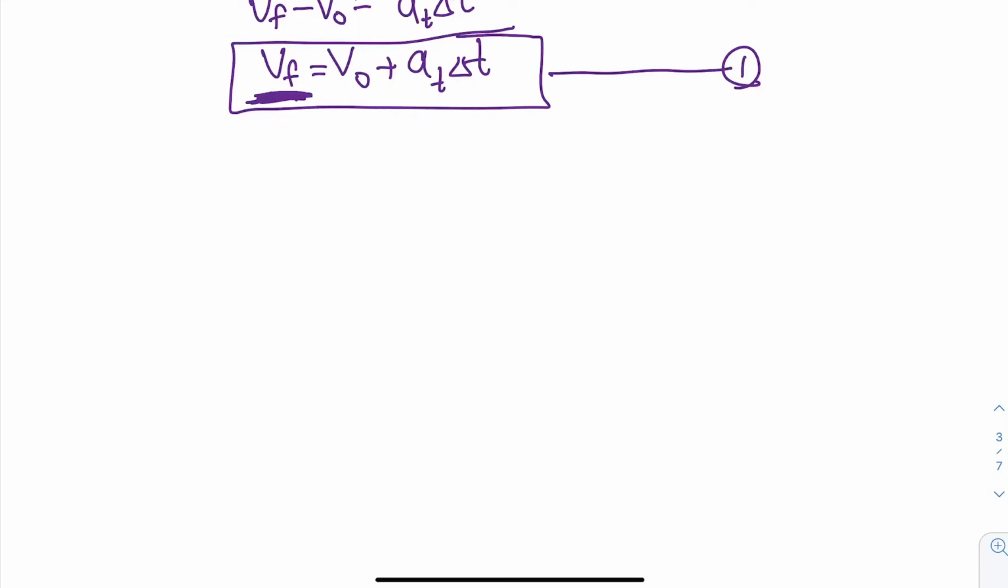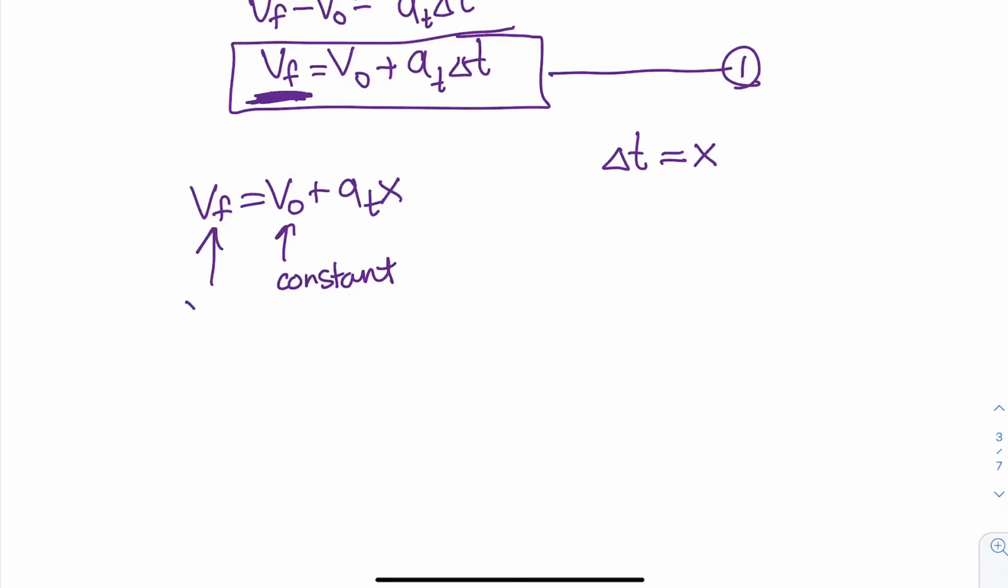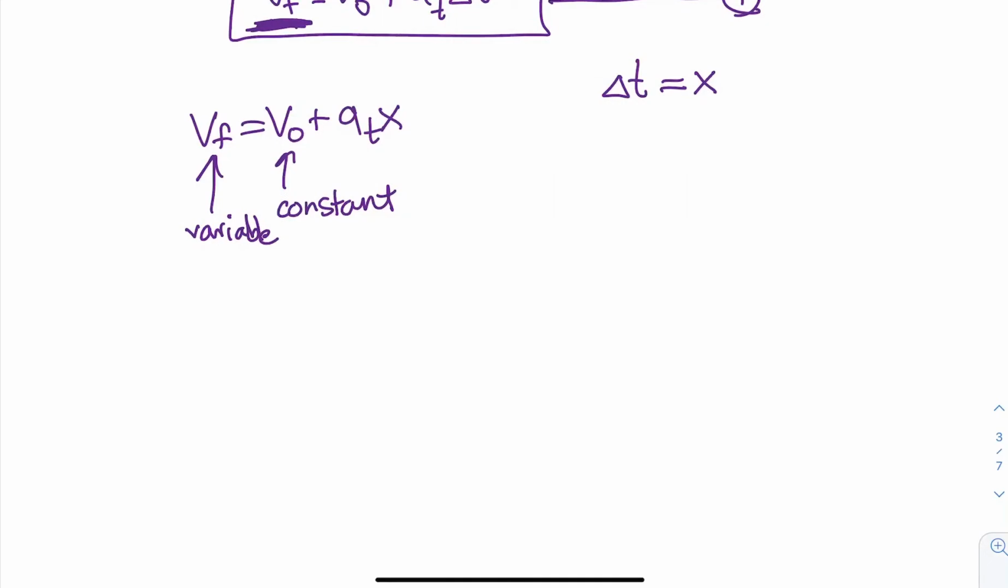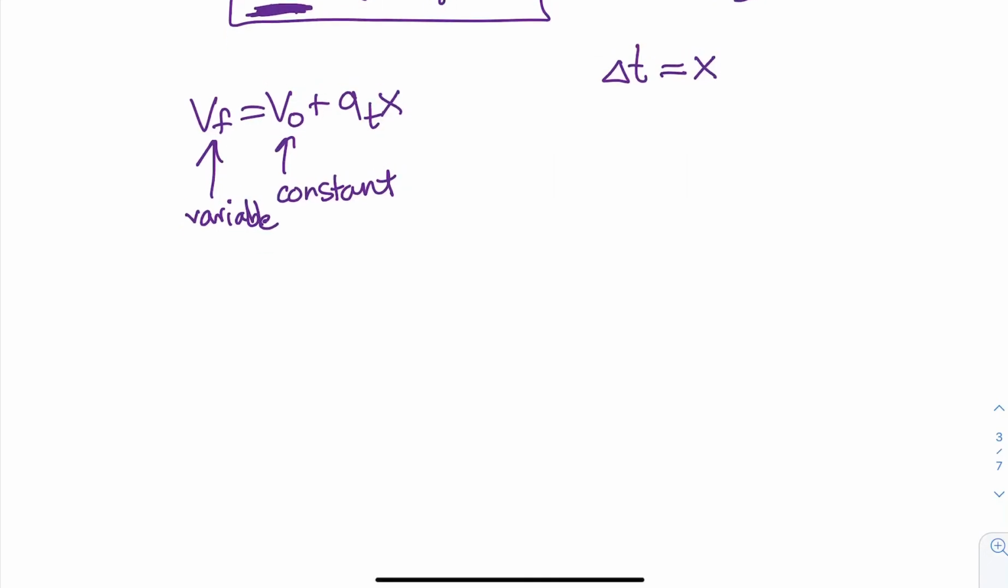With that being said, if we were to take an integral of this equation, let's consider delta t to be a variable, almost like x would be in calculus. Actually, let's do this: let's say delta t equals x. In this case, we would say vf equals v naught plus a times x. Remember, a is a constant, and x is a variable. Vf, final velocity, is a variable. That's what we're after. So if we take the integral,